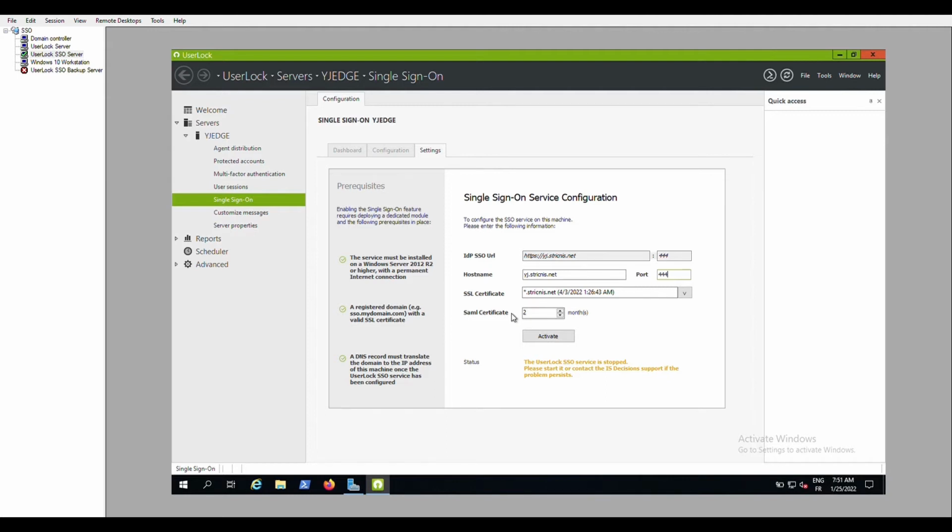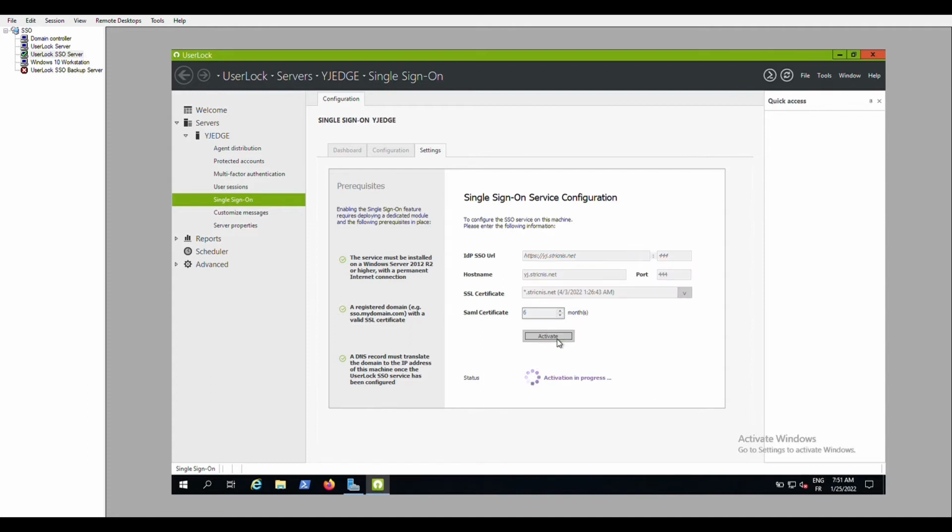Be careful to keep the certificate secret, because if a malicious user gets their hands on it, they could forge SAML assertions that they could use to connect to the SaaS application without going through the identity provider that has been chosen. For the purpose of this demo, I'll put a lifetime of 6 months. Now I can activate the functionality.